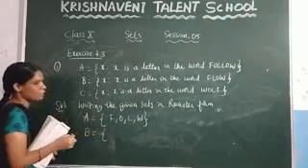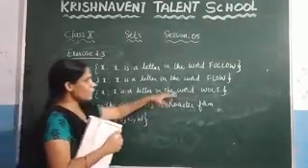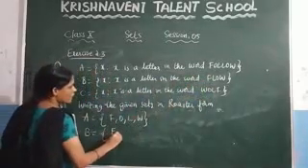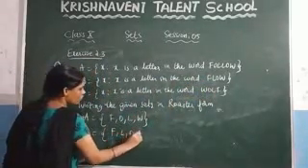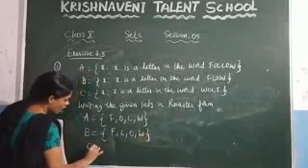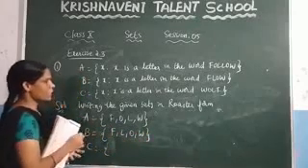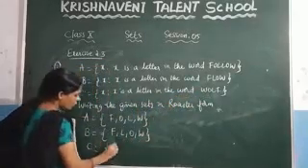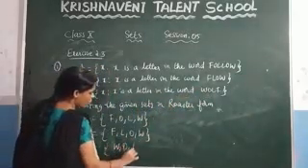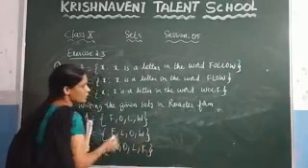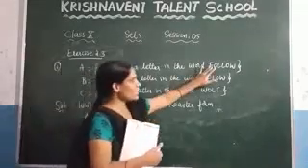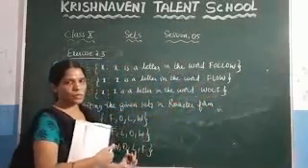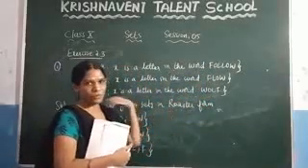Now write the set B. What is the set B given here? Which is flow. Again write F, and the next ones: L, O, W. Now write the set C. What does the set C contain? Letters in the word wolf. So here W, the next letter O, next letter L, next letter F. So we have written these three words in the set builder form in the roster form by writing each element only once.